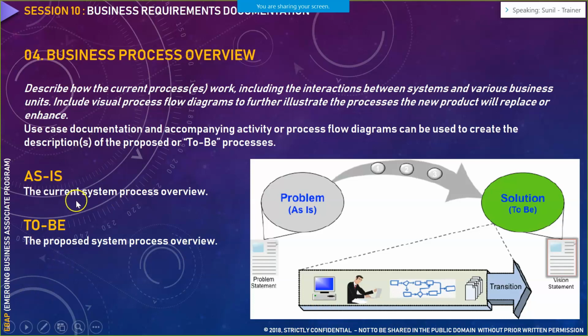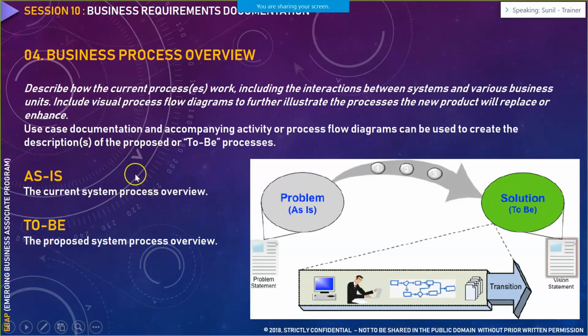So you have to clearly identify which are the problem areas in that as-is model, and you have to clearly indicate which are the scope of improvement in that particular to-be solution which you are giving. So this we are going to explore more in tomorrow's session, business process modeling, how to create them. But this is how it essentially gives your business process overview.